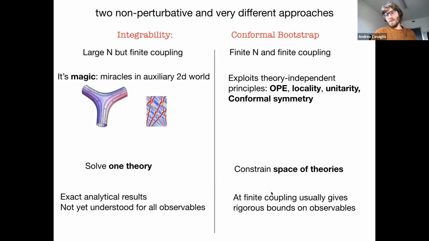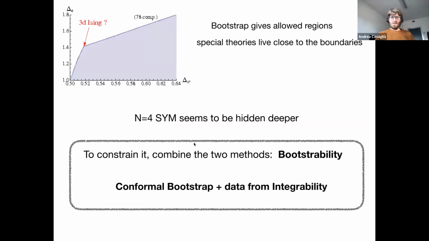While at least in the bootstrap approach that I will study, I think it's fair to expect that at finite 't Hooft coupling, usually we would expect to get some islands of allowed data, or at least it would be more difficult to get results with infinite theoretical precision. So